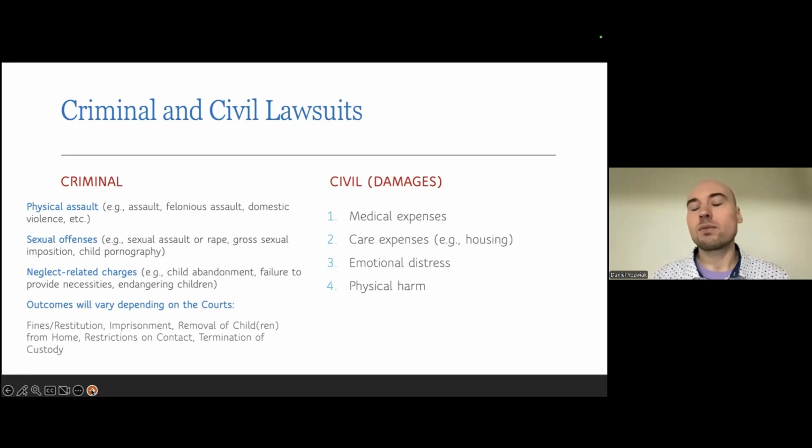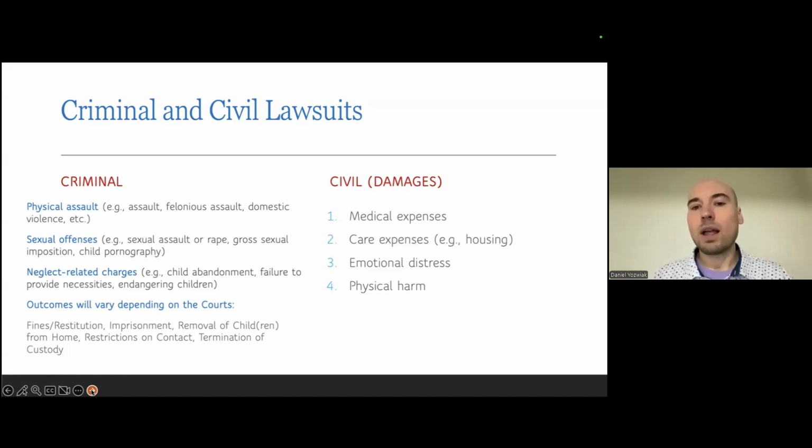And of course, unfortunately, there's a lot of child pornography that we see in our office, whether it be parents that are actually, unfortunately, using their own children to create and disseminate child sex abuse material, or individuals that are in possession of it and disseminating it, getting it from online sources. There are whole agencies devoted to investigating those cases and then passing them along to the appropriate agency. But those are some of the sex offenses that we see.